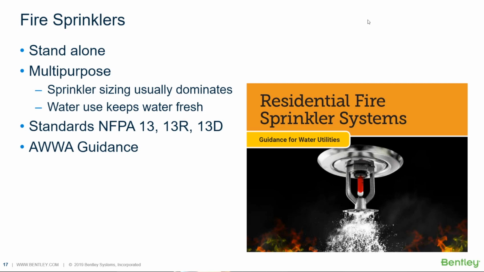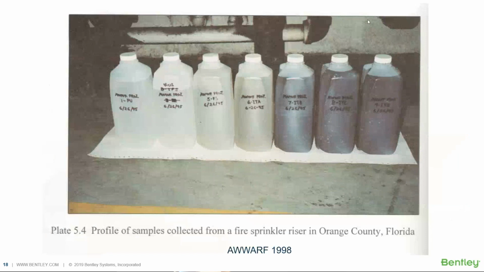And here's an interesting picture I'm just throwing in to show you what the water quality can look like in some of these sprinkler systems. The one on the far right is when they just opened up a fire sprinkler and took the first water out, and they took samples along the way. And you can see that you don't want to have cross connections between separate sprinkler systems and your water system, because you get some really nasty looking water that's been sitting in a cast iron pipe for 20 years. It's going to look really bad.